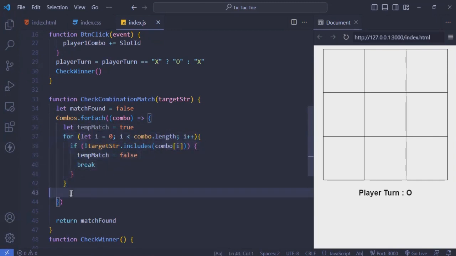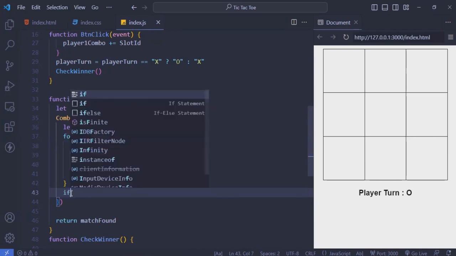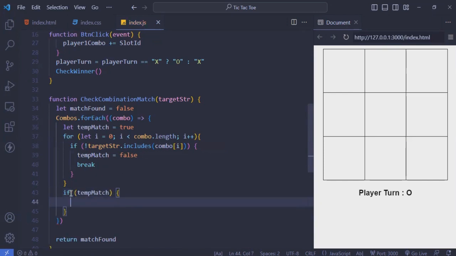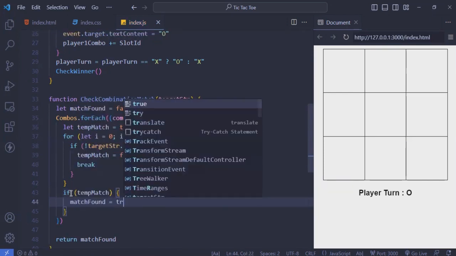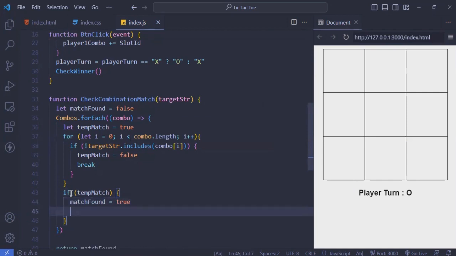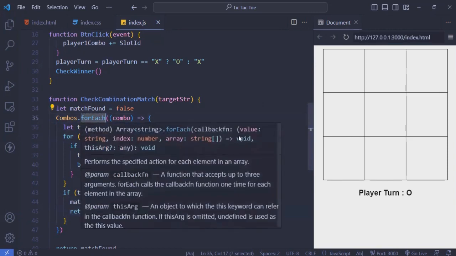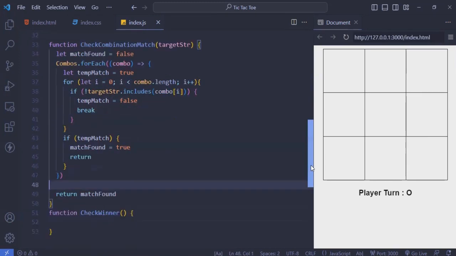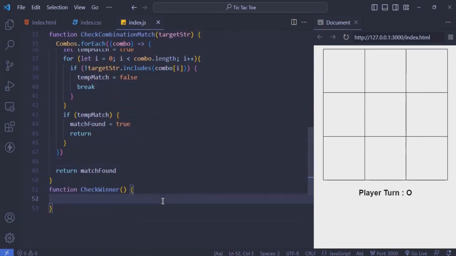Okay, so outside this, we're going to have an if condition to check that if we had a temporary match, like if we found a match, we're going to set our match found to true, and we're going to return from this forEach, because forEach itself is a function, and we're going to return from this basically. And match found, we'll set match found to that. And okay,